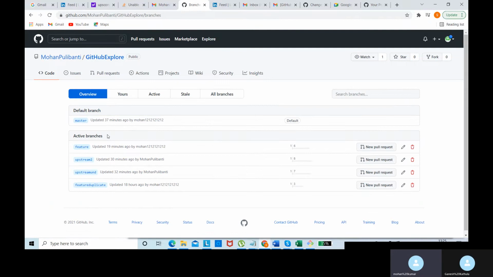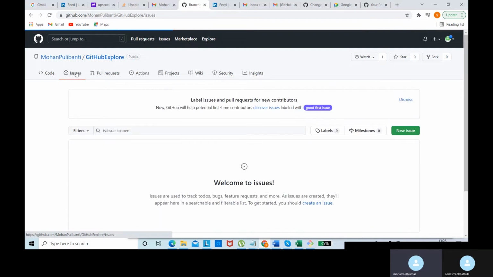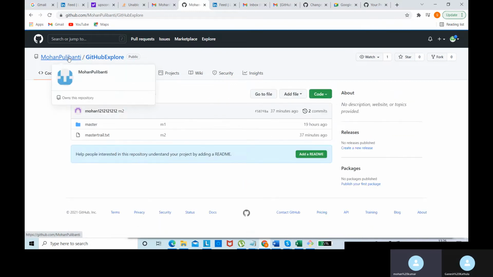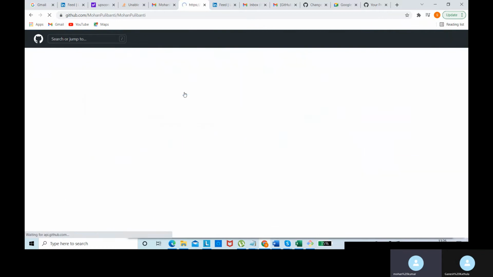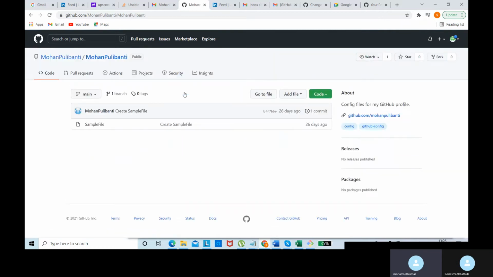The one thing that you have to notice here is he doesn't see the settings option that I'm able to see. So that is all about the restricted access that he has. It all depends on the restrictions or the access that I provide to the collaborator that I have added. So this is how we can add someone as a collaborator, and once he accepts that invitation, we can see him added as a collaborator to our project.